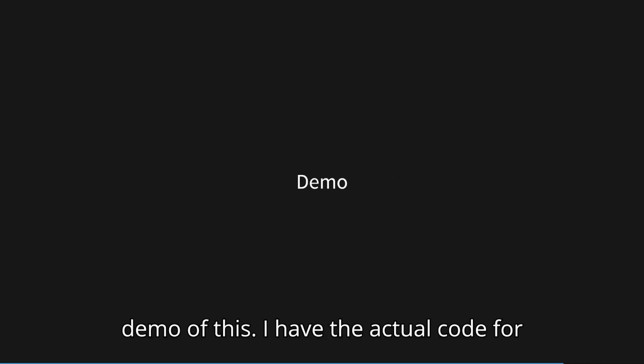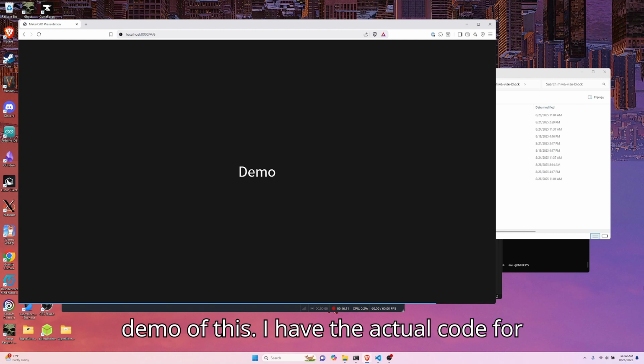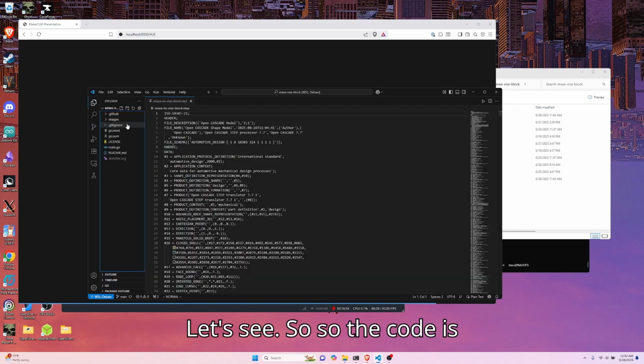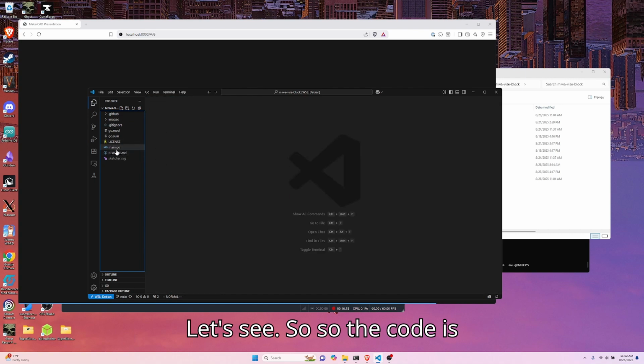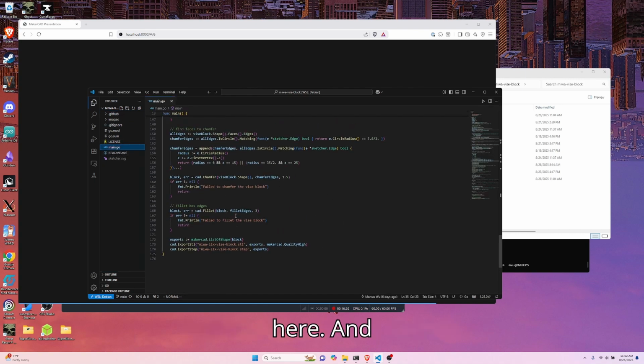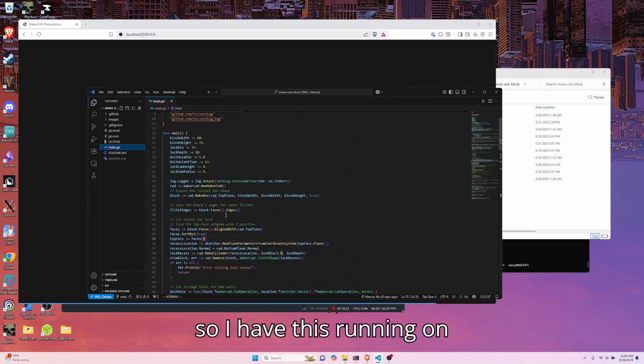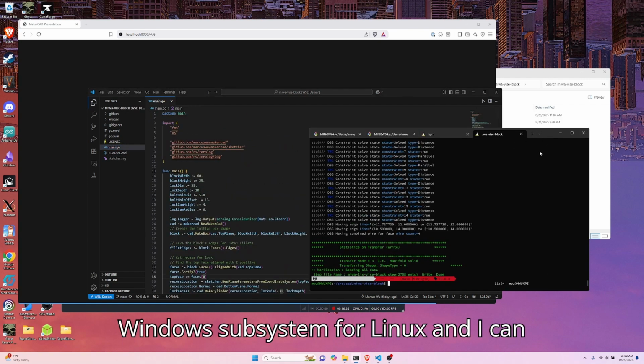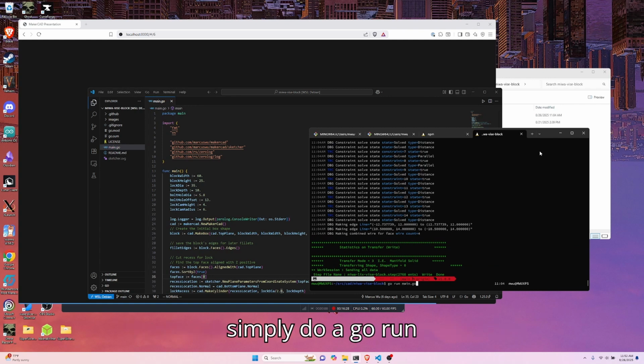So let's do a demo of this. I have the actual code for that here. So the code is here, and I have this running on Windows Subsystem for Linux, and I can simply do a go run on the project,